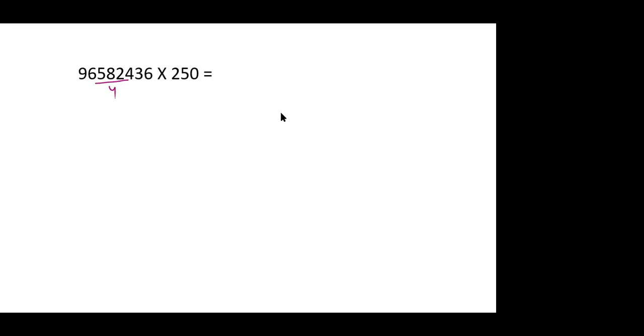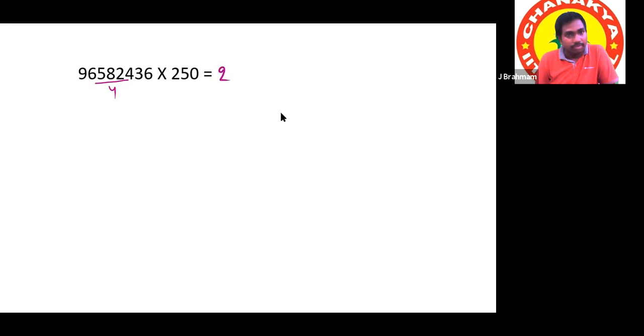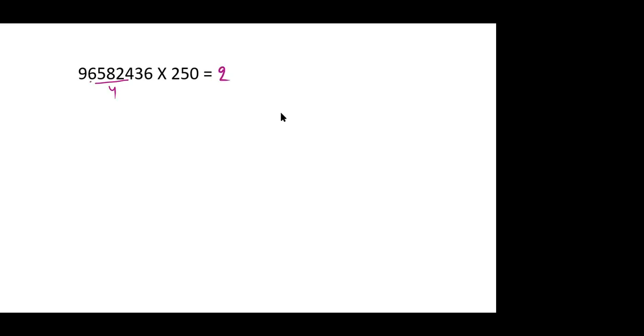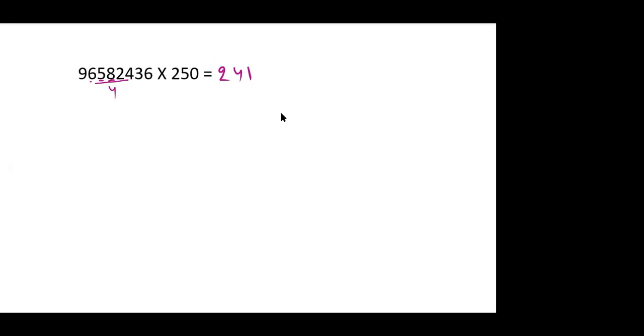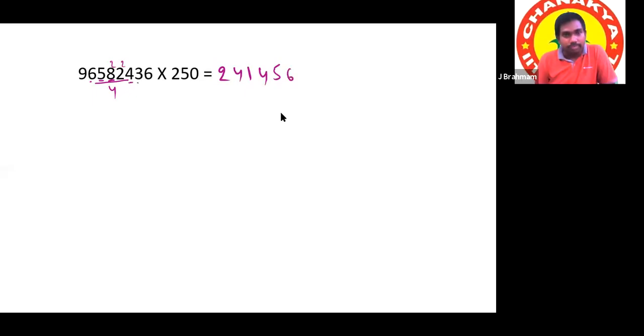9 divided by 4. So 2 times. 1 will be the remainder. Again 4 times it is 16. 5, 1 time. 1 will be the remainder. 18 by 4, 4. 2 will be remainder. 22, 5. 2 will be remainder. 24, 6. 3 0, because we cannot divide 3, that's why I'm taking 10 here. Now we can take 36.